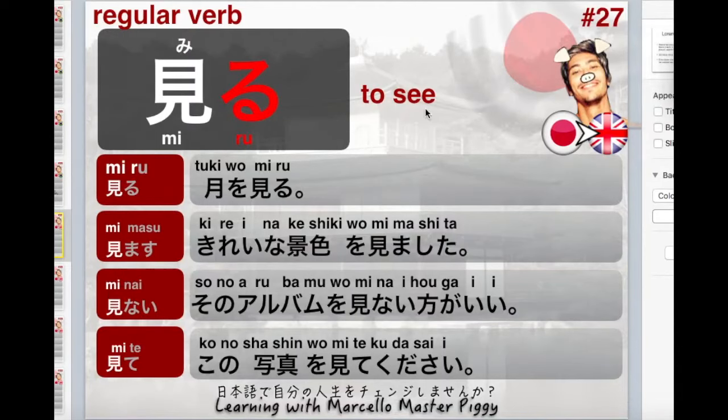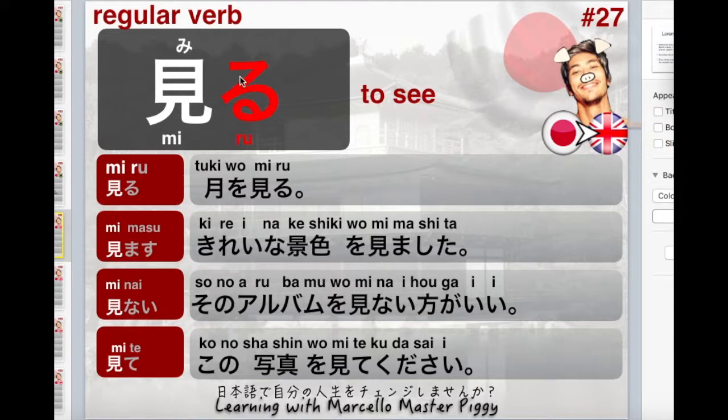We're gonna be looking at the verb miru, which means to see. Now we have different kanji for miru, which means to see, to watch. This one is more to see. When we say, for example, to watch a movie, we're gonna have a different kanji, but it's exactly the same pronunciation, miru. Eiga o miru. But this one is the first one, the simplest one that you guys can actually memorize. So miru.